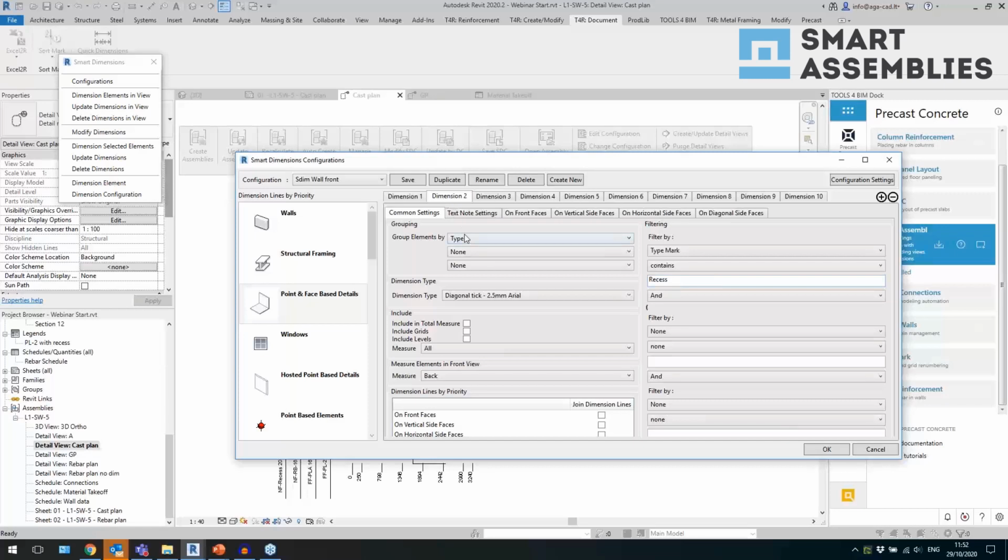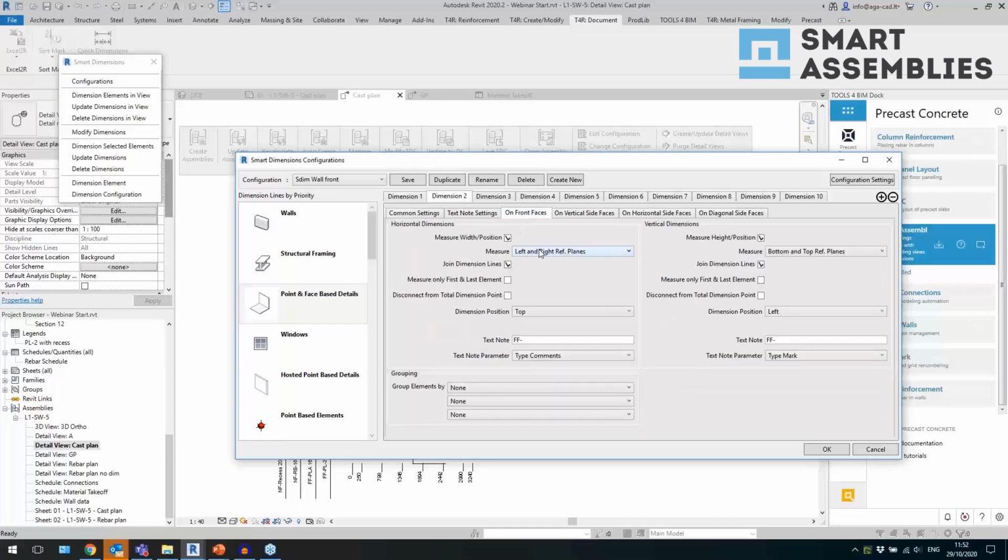So for example, here I said that these rules dimension only elements if type mark contains recess. So if an element has this kind of filtering, then it will measure reference planes of that family. You can choose to measure solids, you can choose to measure location points, but actually that family is just a void. So I have reference planes inside the family and I can snap with my dimension to it, and I can place this dimension on top,